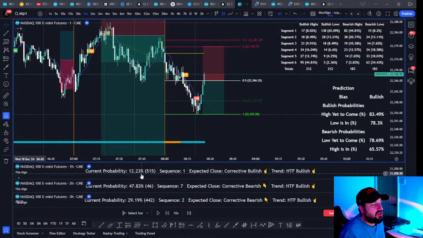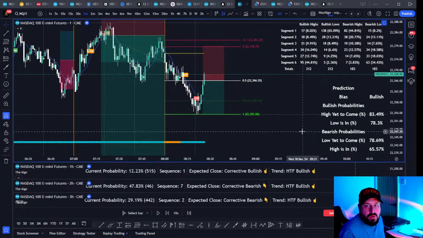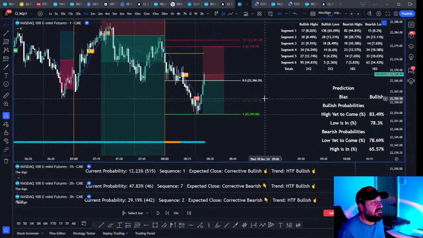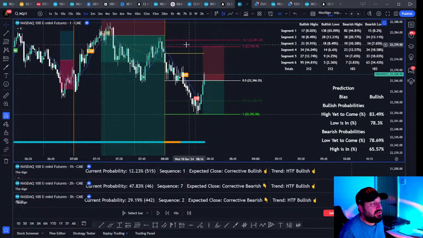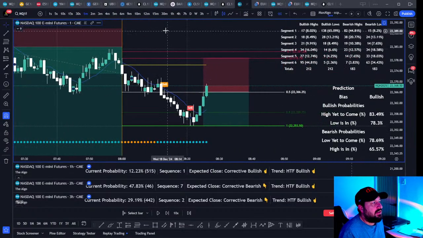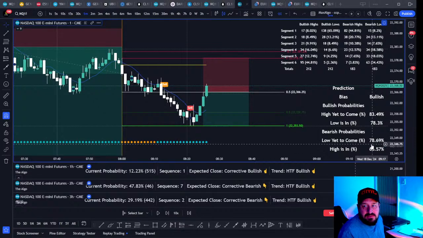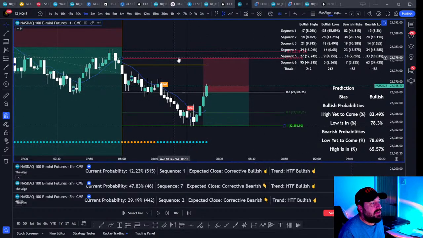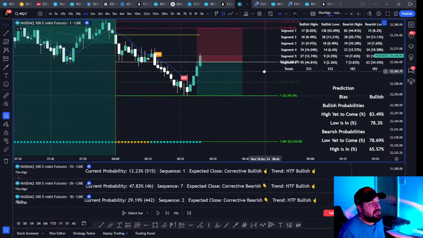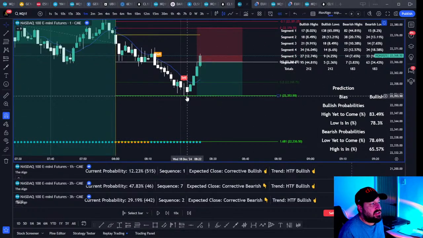Algo is still showing us high probability of bearish. We still have a 78% probability of more lows. What does that mean? At this point in the trade, this is our stop loss. This is the high of the hour. Here's our hour. This is the current high, that wick. What's the probability, if we're bearish, that this is the high? 78%. So there's a 78% probability that price now will not take that high.